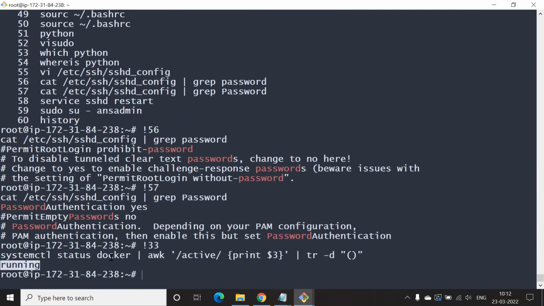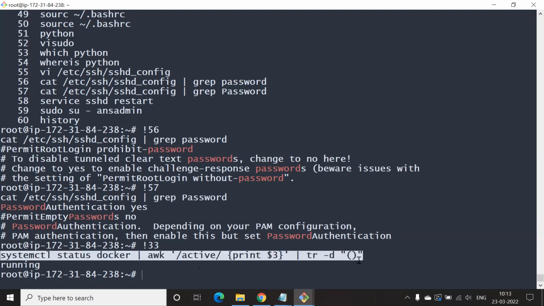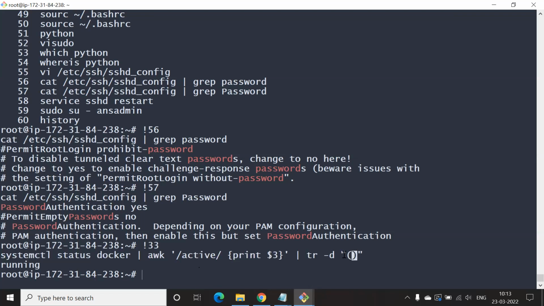What is it doing? It is showing the status of this Docker, and we have removed these brackets. Good answer, as simple as that. So let's continue from here. Do you remember what systemctl status docker is telling you? Yes, telling the status of the Docker, whether it is active or running. Okay, good answer.